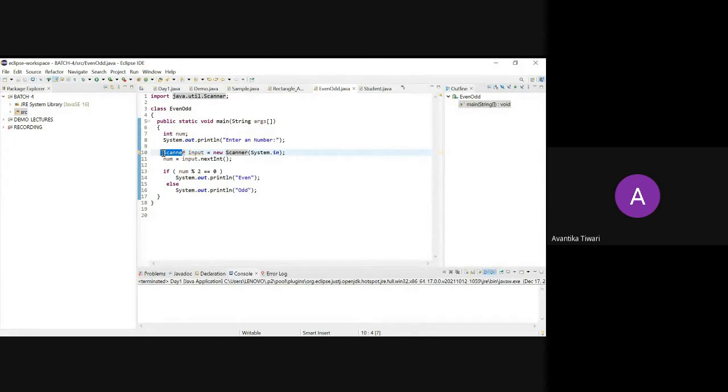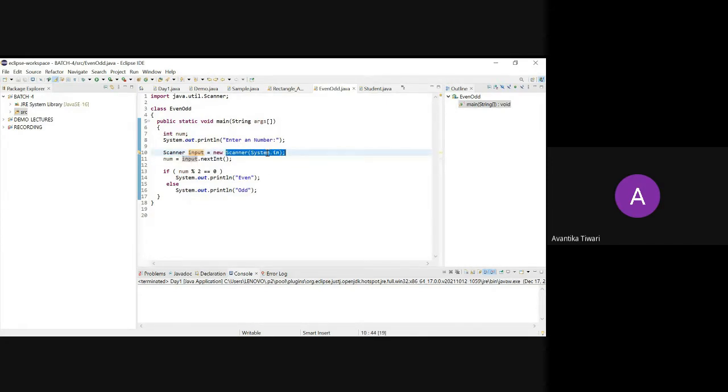Now, yesterday I told you how to create an object, right? Tell me how to create an object. Using the new keyword, using the new operator. Okay, so Scanner is the name of the class. Here we will specify some name for the object. So the object name is input, equal to new operator and the constructor of the Scanner class.